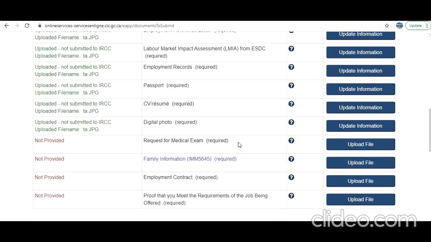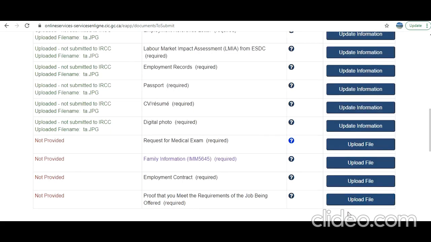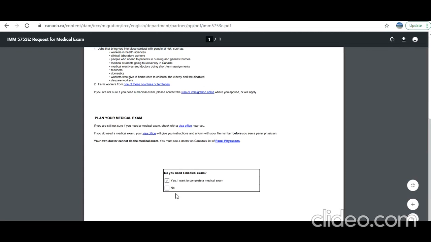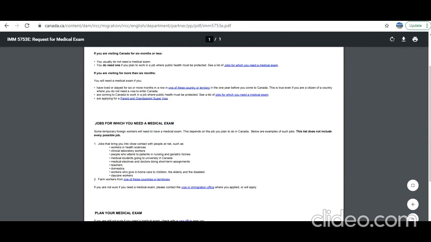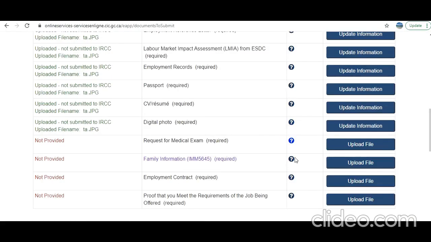Now, request for medical exam. If you open this, it points you to a form. I'll show you that form. Request for medical exam, where they have given the links to determine if you need it or not, and based on that you need to check. This form you cannot save with this entry. You can save it as a PDF, like print it as a PDF, or scan it, and then you can upload. Now there are two ways.